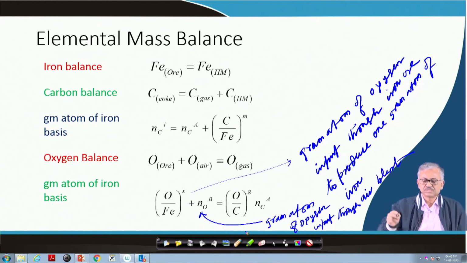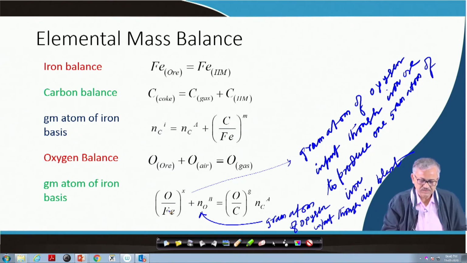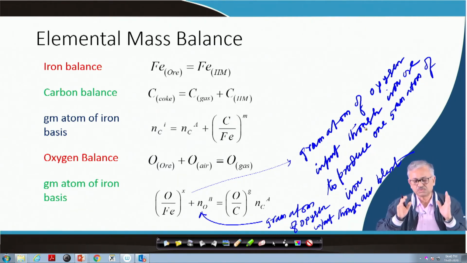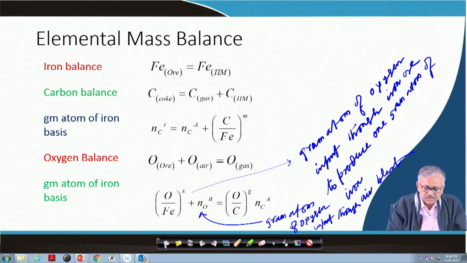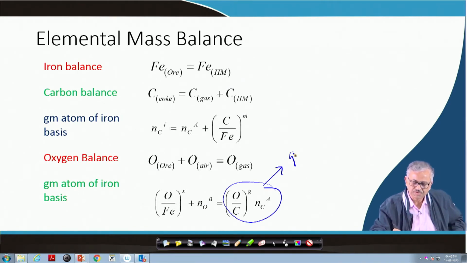So, this is also the gram atom of oxygen input through the air blast, and this is the gram atom of oxygen input through the iron ore, all to produce 1 gram atom of iron. Now, I will just click it. Now, this term on the right hand side basically represents the gram atom of